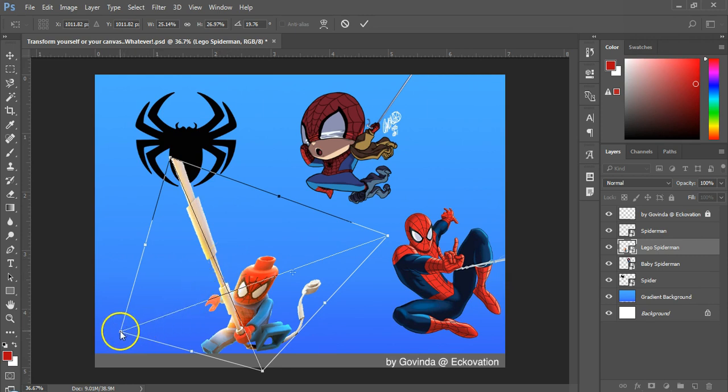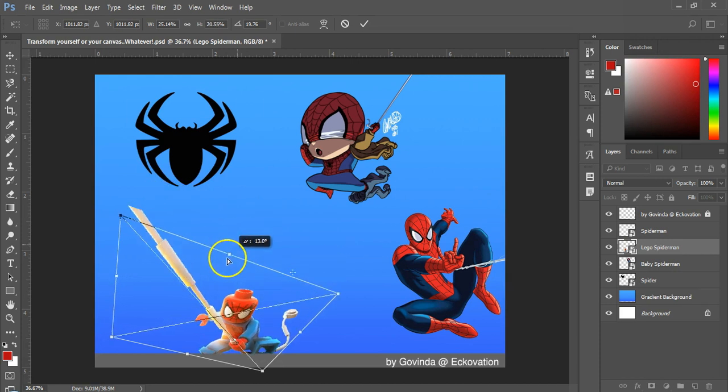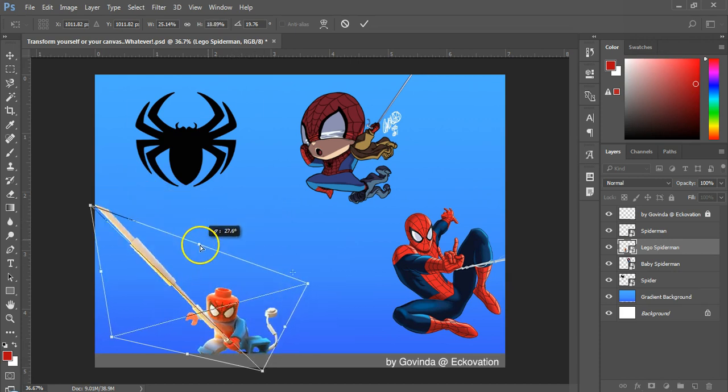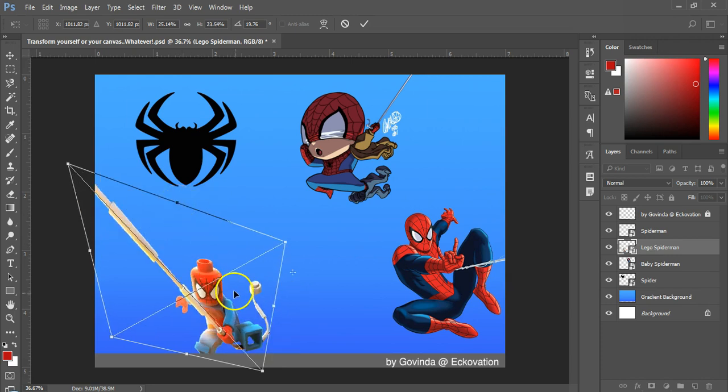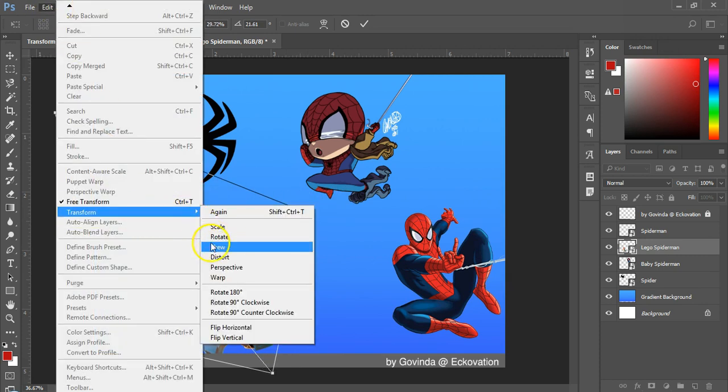Now this free function requires some skill to master. Because if you want to do only a skew operation, then you will select the hotkeys to activate the free transform box and you will start your changes. But any wrong movement of your cursor will change the shape or scale of your image also. Though we have the undo command at our disposal, we do need to build some precision to improve our efficiency. But till then, we can always use the options under the transform menu to make the layer do only the actions we need and not change from some random careless rookie movements of our mouse.